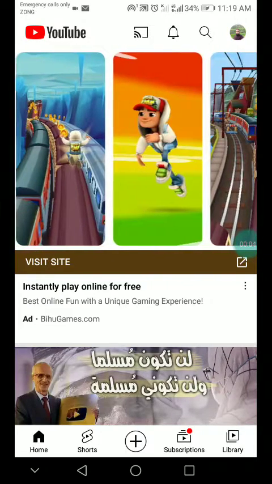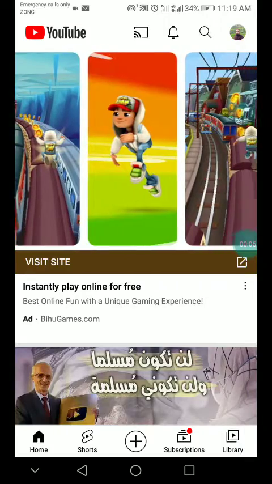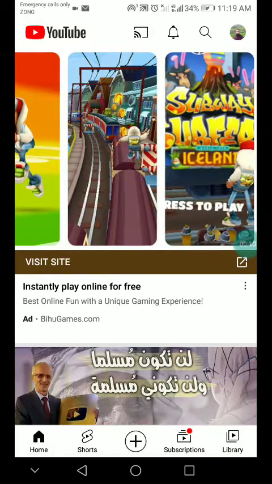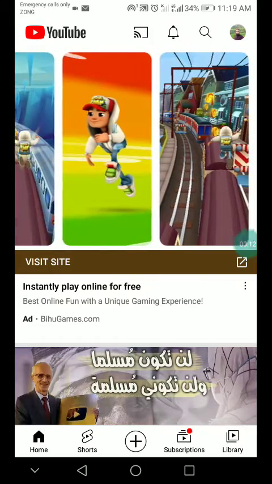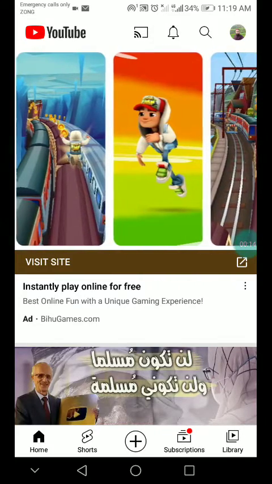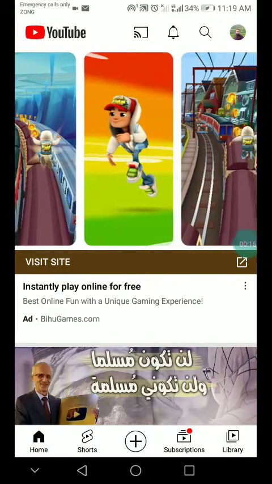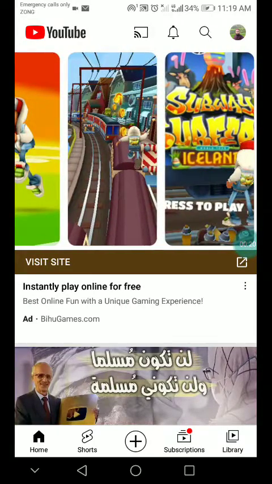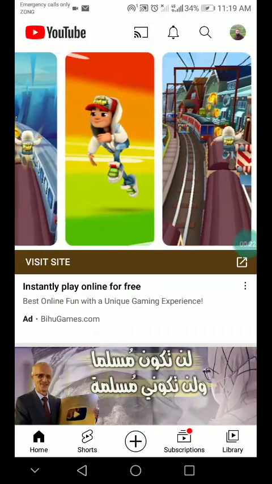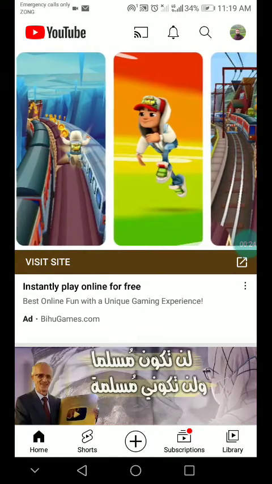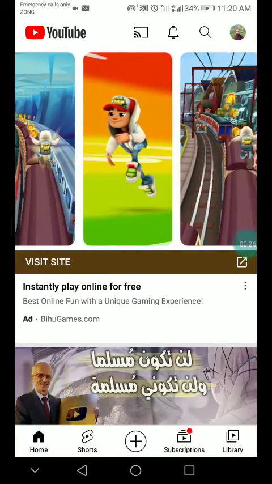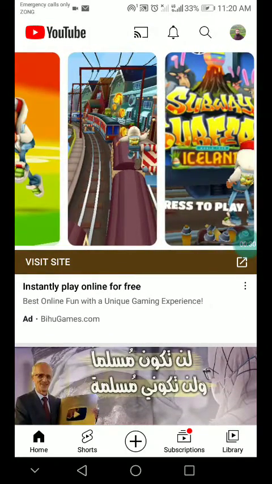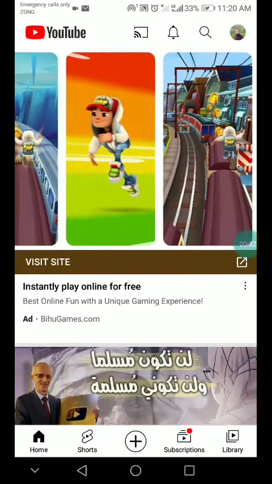A very important feature in YouTube is incognito mode. Incognito mode is a special feature in which you can use your YouTube channel without being seen. Your videos and your search history will not be recorded, and you will be able to see anything without being tracked, without being noticed. For example, if you want to open someone's channel on his mobile and you are operating it